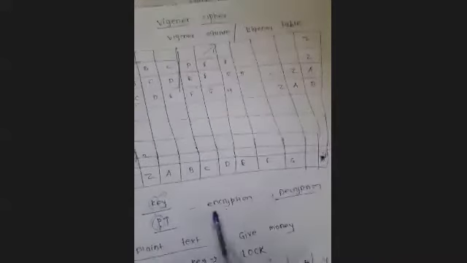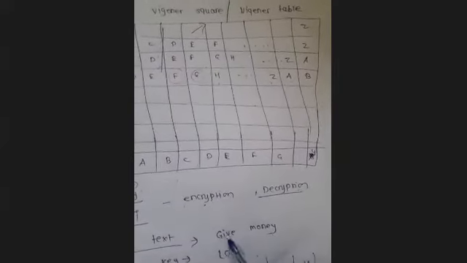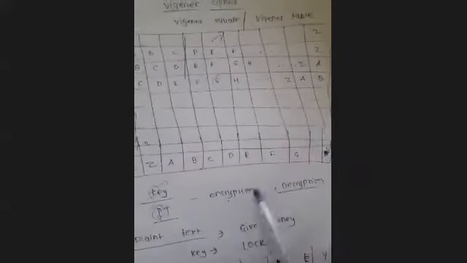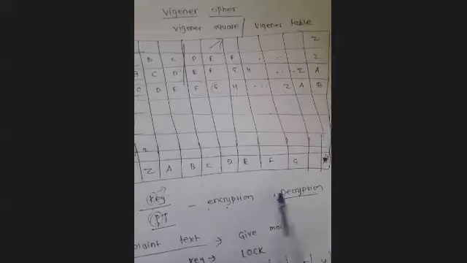So suppose here we have 10 letters in the plain text, and here also we have 10. So this is matching, right? But suppose we have only 4 letters in the key, then we have to repeat this key to complete the pair with the plain text, isn't it? So after doing that, now consider here it is the plain text and it is the key. So we will be having a pair of E and D first of all. So how to substitute that, how to find out the cipher text for that?